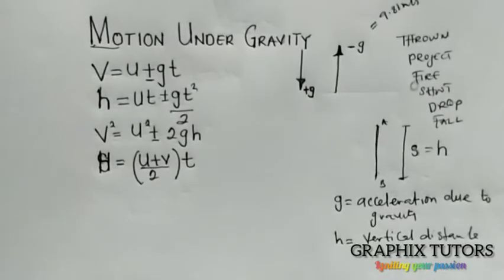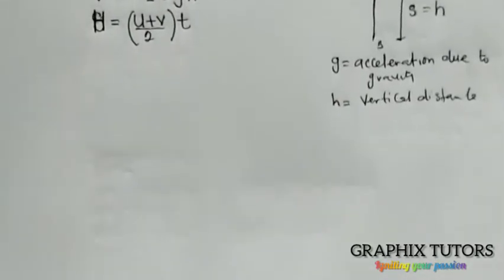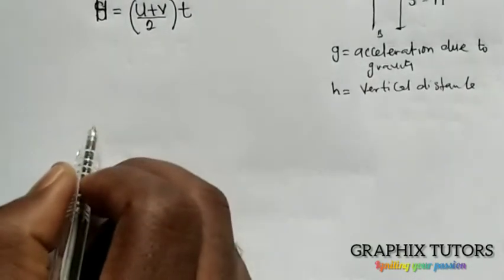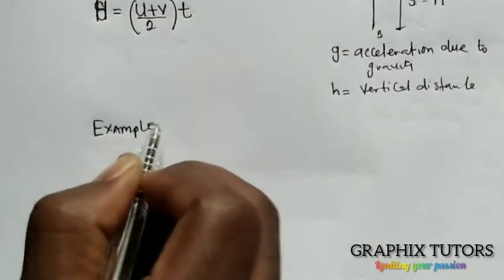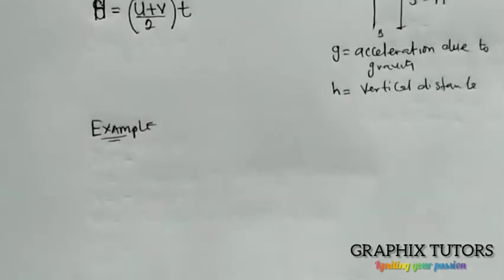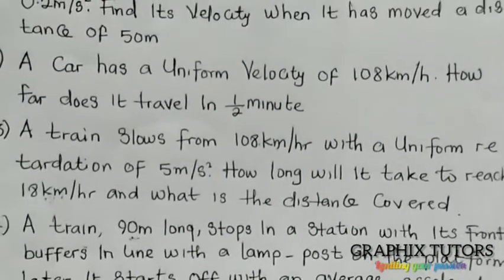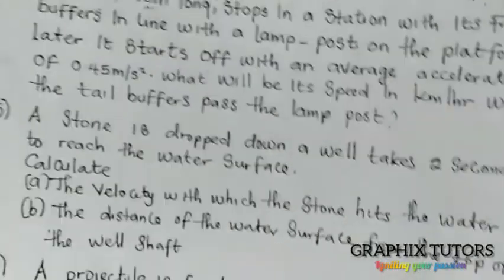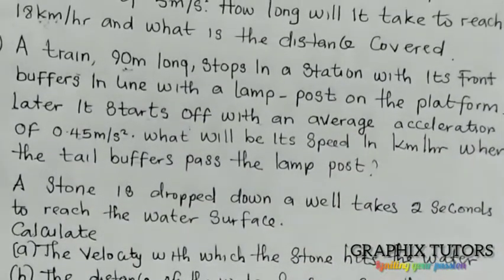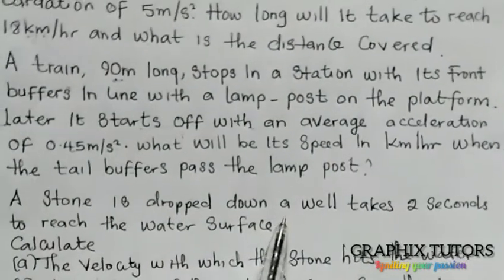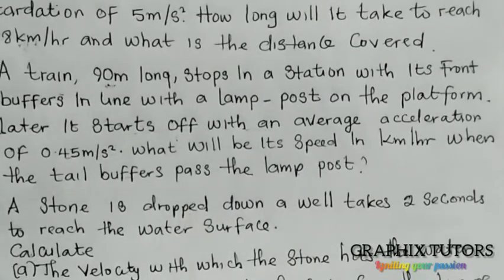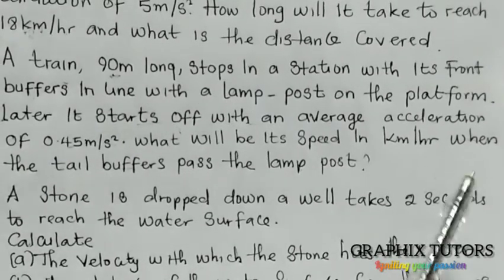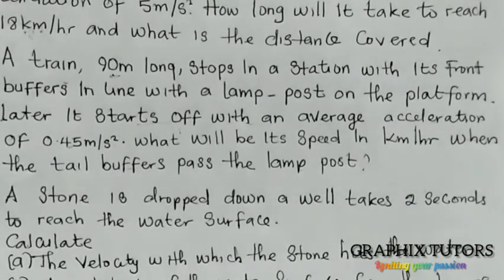So example 1. We have the example 1 here. Example 2. It says a stone is dropped down a well. That keyword drop, that means it is favoring gravity. If you are dropping, the higher, the faster the stone drops. So since it's dropped down the well and it takes 2 seconds to reach the water surface, my t here is given to be